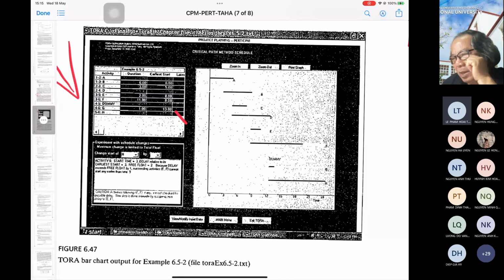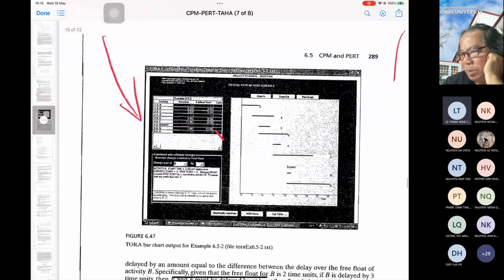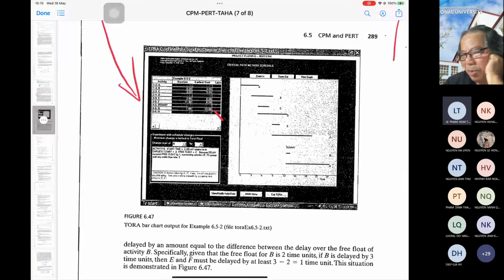Last time I told the TA not to use this one. Not Torah. She found something like MS, Microsoft, but special, like Excel, maybe MSQ or something like this. Now I think there is a lot of software that can solve this problem. But it's the same as I told you.